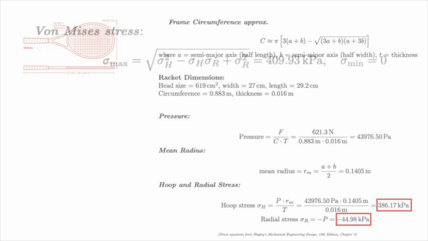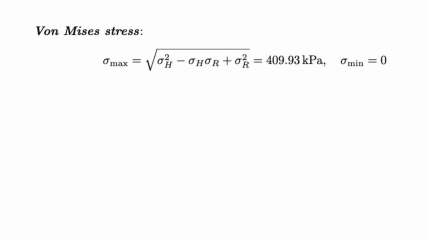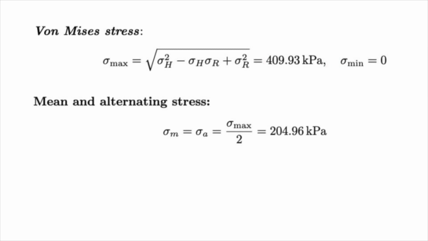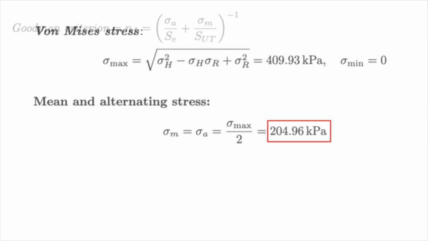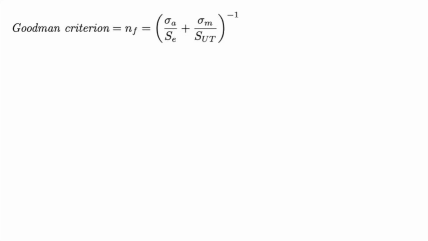In order to use these stress values to find the effects of failure, we need to analyze the combined impact, so we use the von Mises stress equation to find the maximum stress value. The minimum is 0 since it's assuming there will be no force on the racket without the ball. Now, to find the factor of safety, we calculate the mean and alternating stresses as shown. Using these stresses, we can calculate the fatigue factor of safety using the Goodman criteria equation from Chapter 6 of